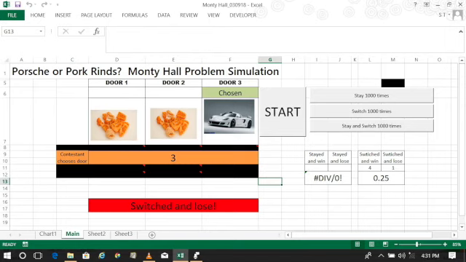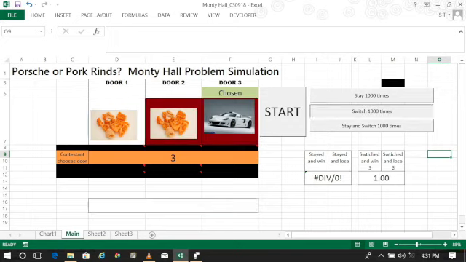So what happens if I were to do this 1,000 times? Excel allows us to do this because I can write a macro to simulate the continuous choosing and the switching and the staying with the door. So let's go ahead and do that. Let me zero out these numbers here, and assume that we play this game and we select the door, and every single time we switch. So this is what's going to happen.